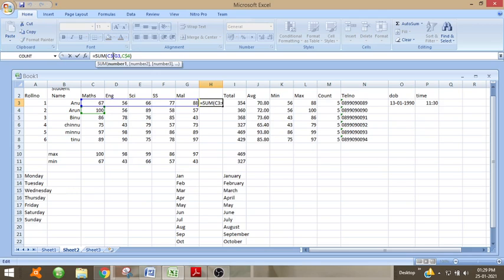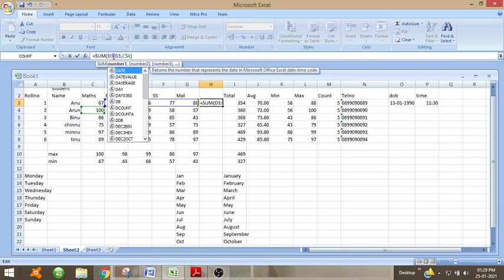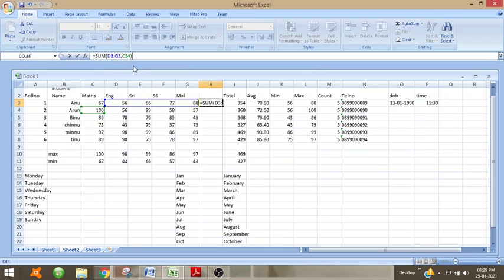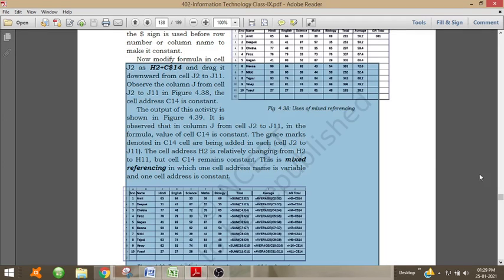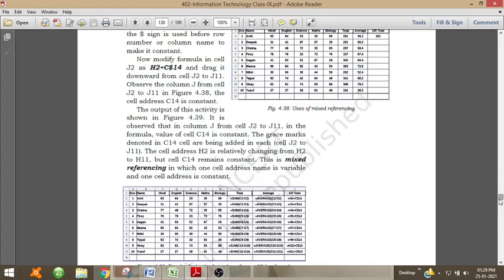So we should not consider C3, we should only consider from D3 to G3, and which extra should be added, the column C4 should be a constant. 387 is being added. So this is called mixed referencing.